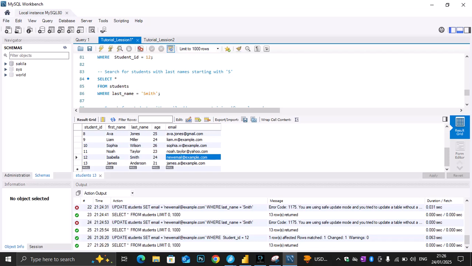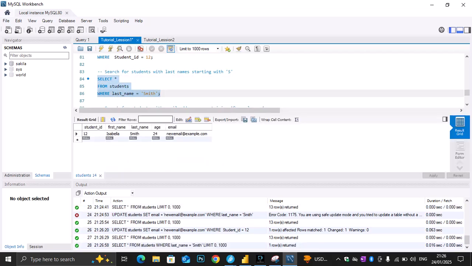Now we are searching for students with last name starting with S. Select students where last name is equal to Smith. It will automatically select it for us where the student is equal to X. This is where we are using, we want to fetch a specific name. Maybe someone missed his matric number, or someone lost his